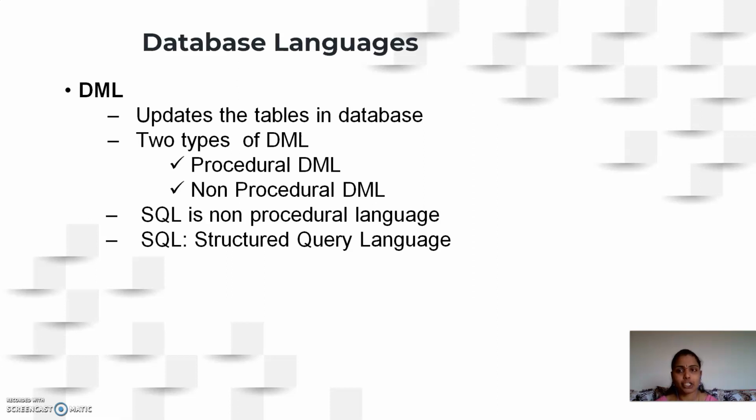So in this data manipulation language, we have two types called procedural language and non-procedural language. So by name again we can understand procedural language will have procedures. So whenever we say that it is a procedure, it will have the code which will tell us how to retrieve the data. So using procedural data manipulation language, you will not only just specify what to retrieve, but we will also specify how to retrieve it by developing procedures or functions.